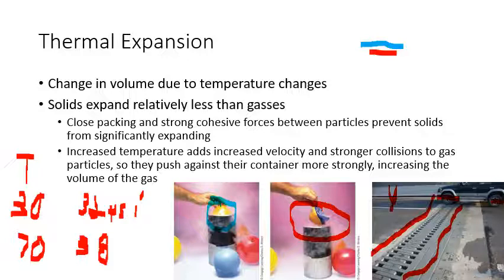So solids do expand when they heat up, but they expand over a very small amount. But what this bar is on a bridge, and bridges are very long. So this bridge is a couple miles long, and you can see these little holes right here. And these holes in the bridge are called expansion joints or expansion grates. And that's because on a cool day, this bridge is going to shrink a little bit. And if a bridge were to shrink and it was all one piece of concrete, it would crack, and that's not very good. So instead, they put these special bars in the bridge so that the bridge is held together, but